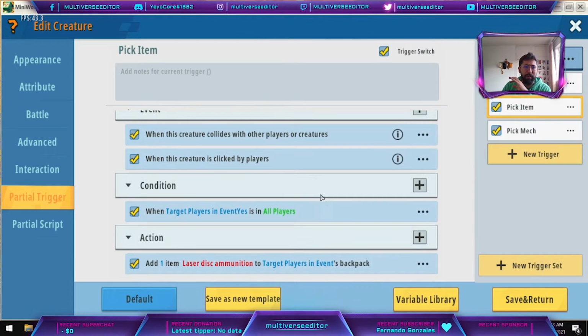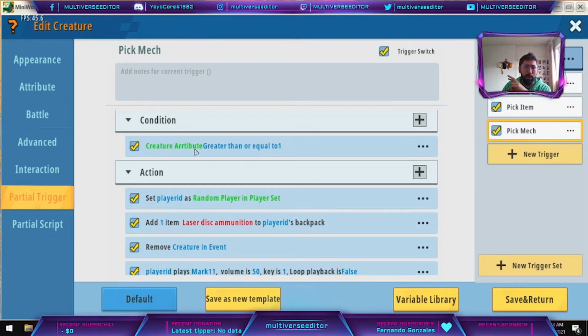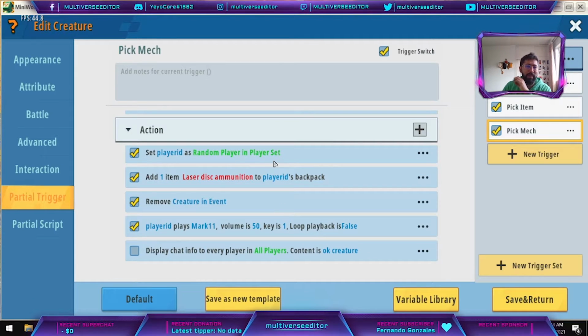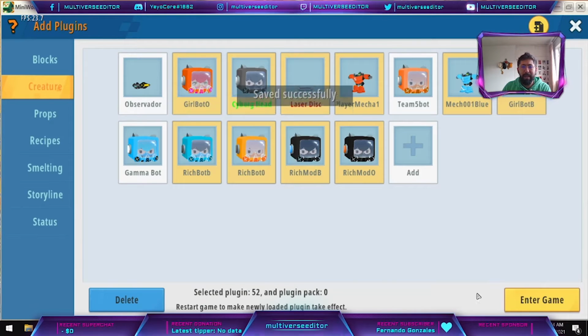Once you copy this one, you are going to delete the condition and the second event, and you are going to add the new condition, the one that I just taught you, and then you are going to add the setup, the first action, okay? Remember, the ordering is important, so the first action needs to be that one, and all the others are going to be just the same, okay? Just remember, to test this, you need to save and return and enter the game, okay? When you hit enter the game, you will be able to play,